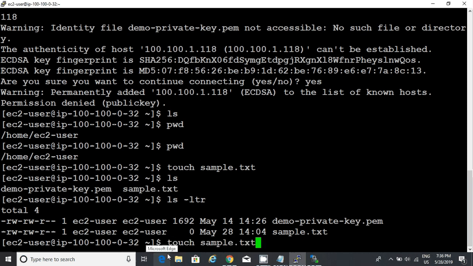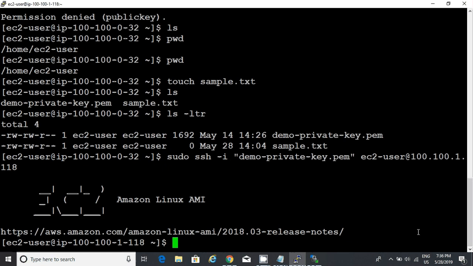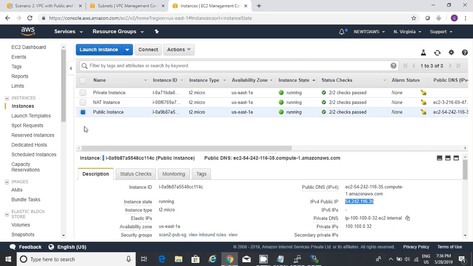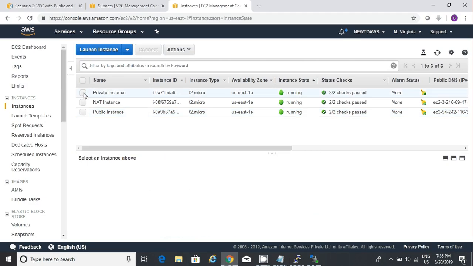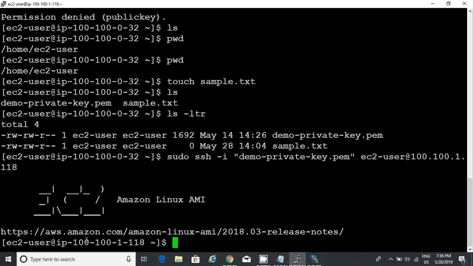Now let's try this sudo command. Sudo ssh -i key file and username at your private IP. Now click on enter. Yes, we are good now. We are in our private instance. You can confirm with the IP address. Private instance, private IP 100.100.1.118. Now if you try to ping,